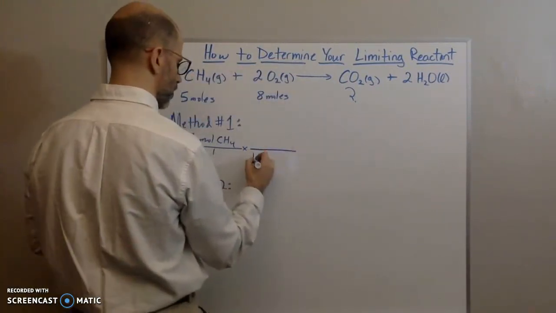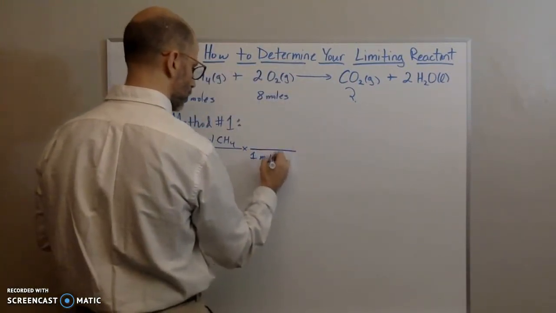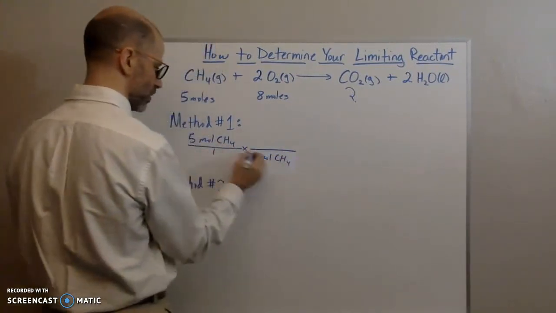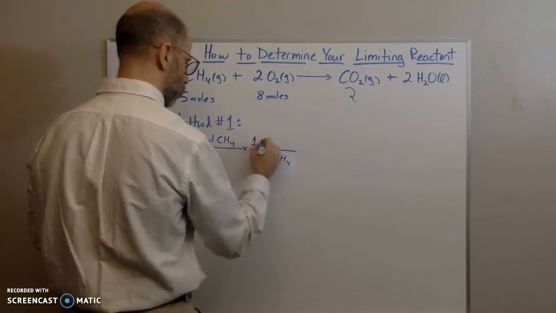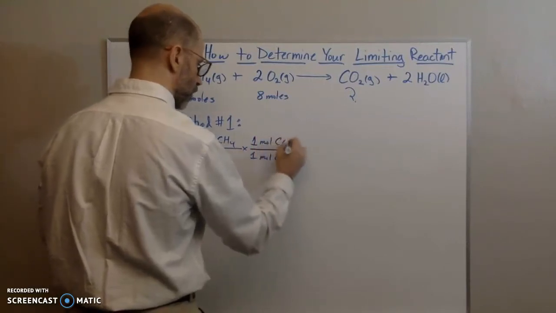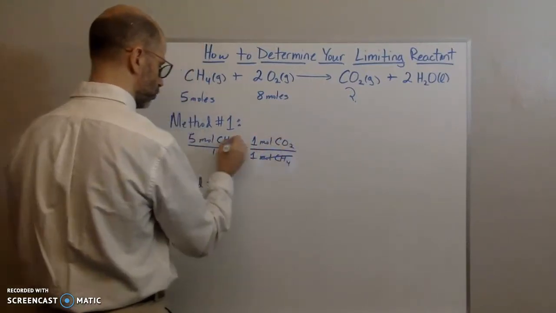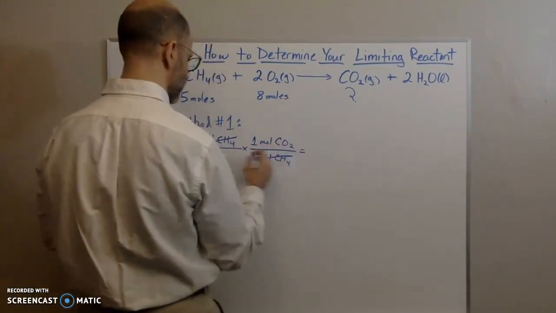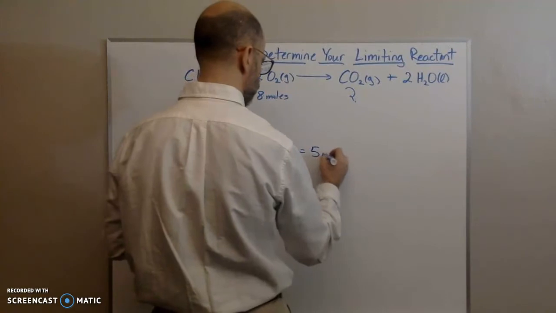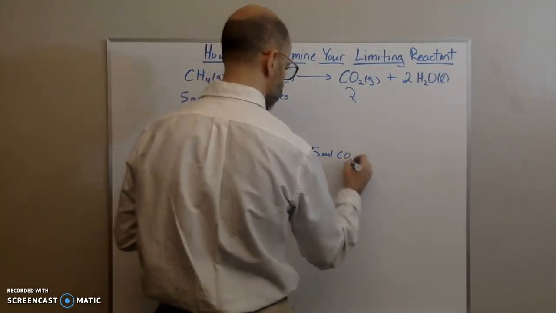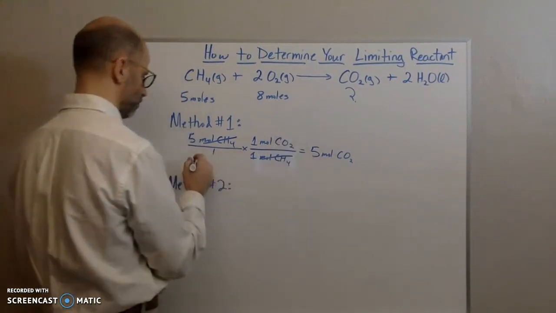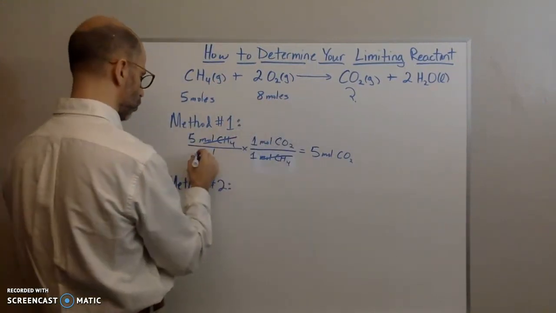For 1 mole of CH4 on the bottom, so that cancels out, I get 1 mole of carbon dioxide. The moles of CH4 cancel out, and I'm left with moles of carbon dioxide. That's going to give me 5 moles of CO2, assuming I have enough of everything else. And then I take the 8 moles